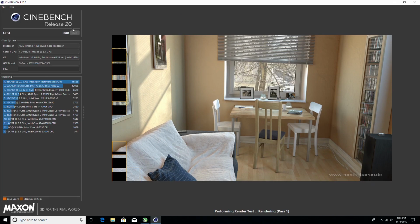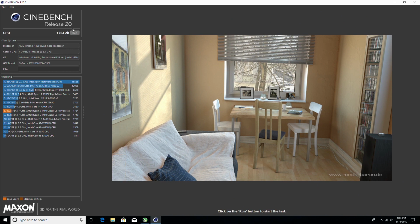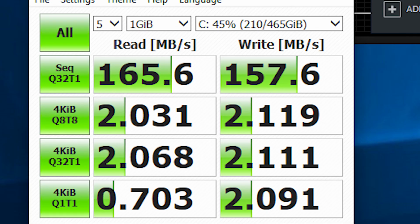So now let's move on to the benchmarks that actually count for this competition. The first is Cinebench R20 to measure raw CPU power for each of our systems. My Ryzen 5 1400 at 3.7 GHz provided a score of 1764. The next up is Crystal Disk Mark, and I'll display the full results on the screen right now. So if you want to analyze the results, you're more than welcome to pause the video. But for the sake of brevity, these scores are pretty typical of a mechanical hard drive and nothing to get